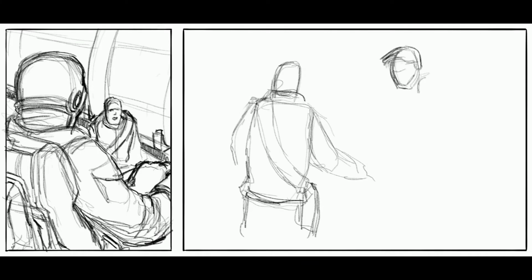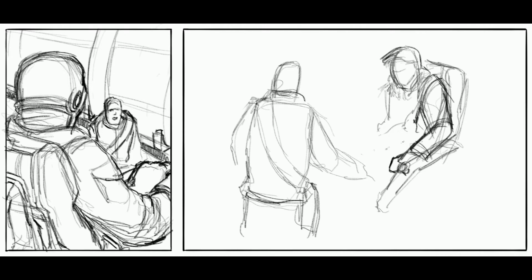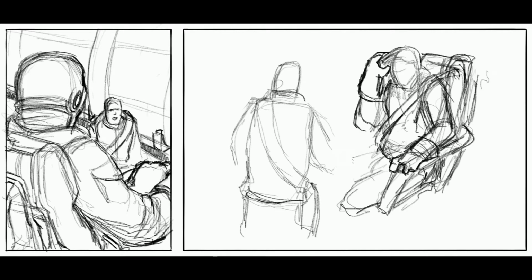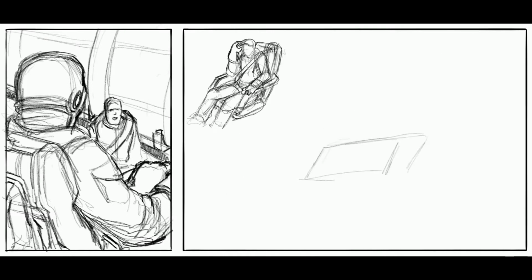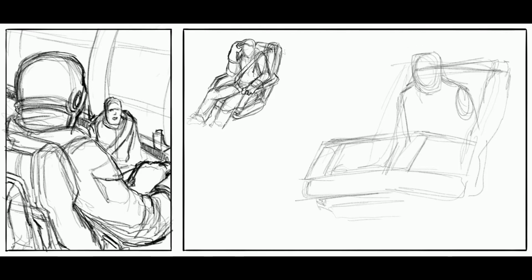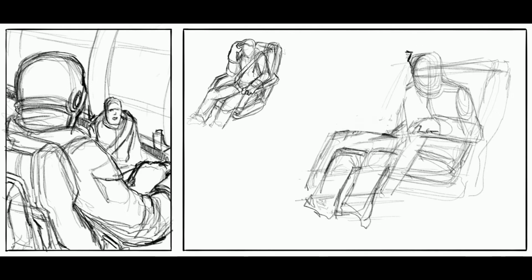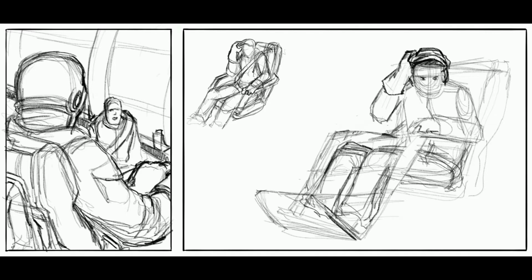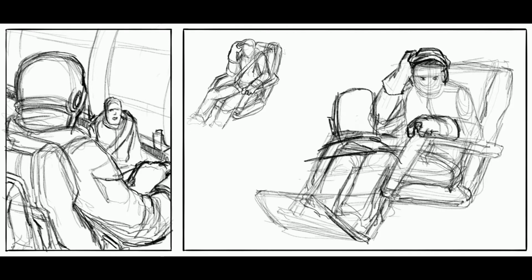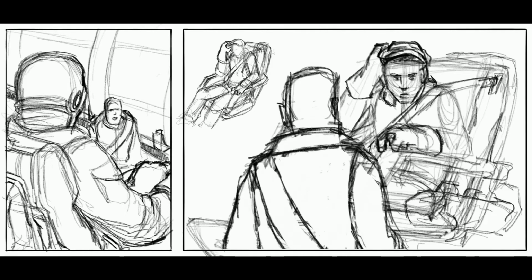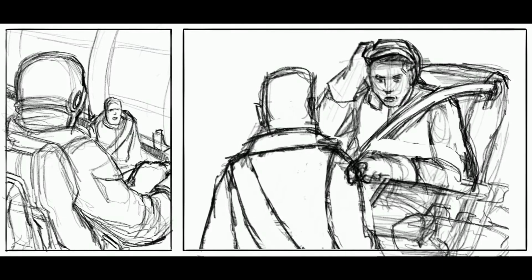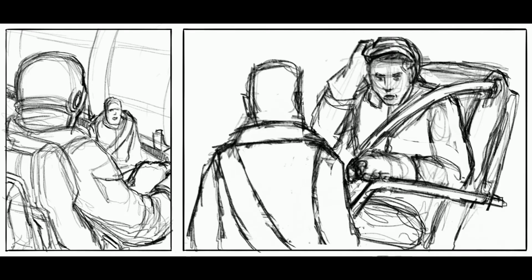So as usual, I always start with the pencils. And another thing that I haven't really touched upon in the previous 2 videos is that, wow, there's a lot of research that comes into this. For example, one of the reasons why there are so many differences between the storyboards and the actual finished shots is because after the storyboards I started doing a lot of research, image research and all that type of stuff. Like, for example, what does a welder look like? What do they wear? For this chair also I did a little bit of research on typical type of chairs,